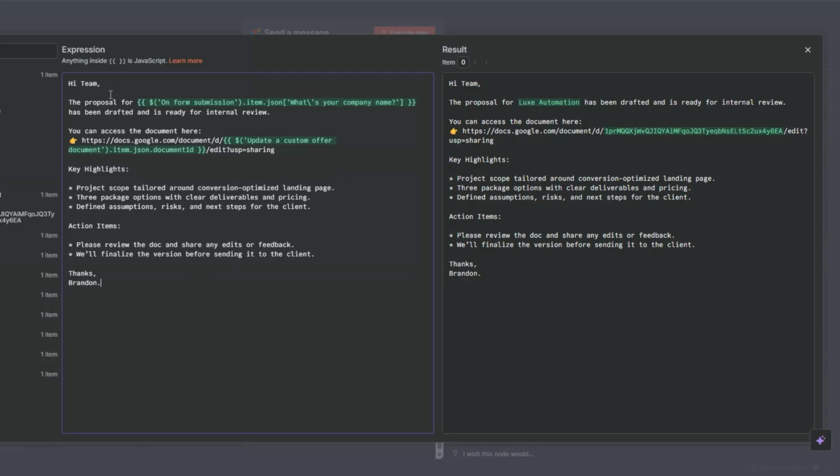Body of our email could be on the lines of hi team. The proposal for, here we are adding the company name, has been drafted and is ready for internal review. You can access the document over here. So I'll copy this link. Use this link to update our record in your table. So the rest of the email is on the lines of some key highlights include project scope tailored around conversion optimized landing page, the repackage options with clear deliverables and pricing,